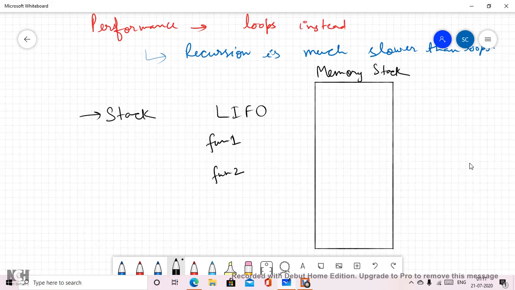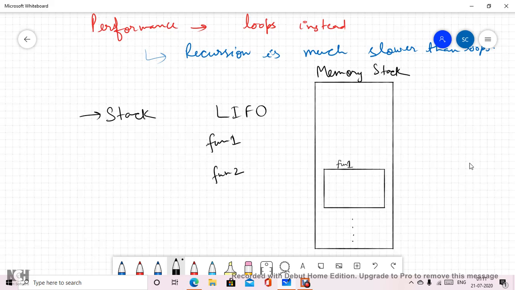Now maybe there are certain data members which are already in the program, but we are only talking about the two functions which we have written. So this whole function has its own things. I'm talking about function 1 here.